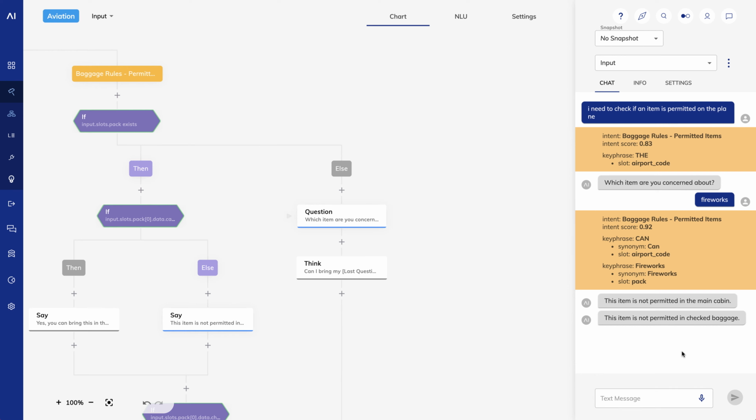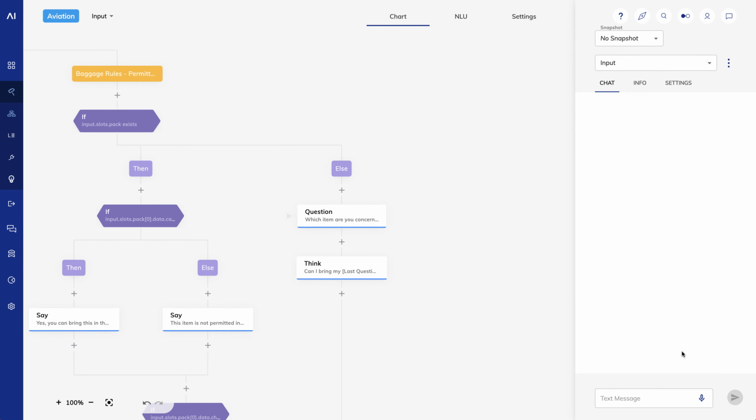I want to implement one more scenario as our final practice exercise in working with the Cognigy context. Thinking back to our checked bags intent, I want to ask a user a question prior to sharing the baggage fees. I want to ask if they're a premium gold member or higher in our frequent flyer program. I might do this with a yes/no question. But what if the user isn't sure? I need to implement logic that accepts yes and no, but also maybe or I'm not sure. So if the user gives something other than a yes or no answer, I'll tell them they can log in to find out. As a reminder, here's how our checked bag flow works.